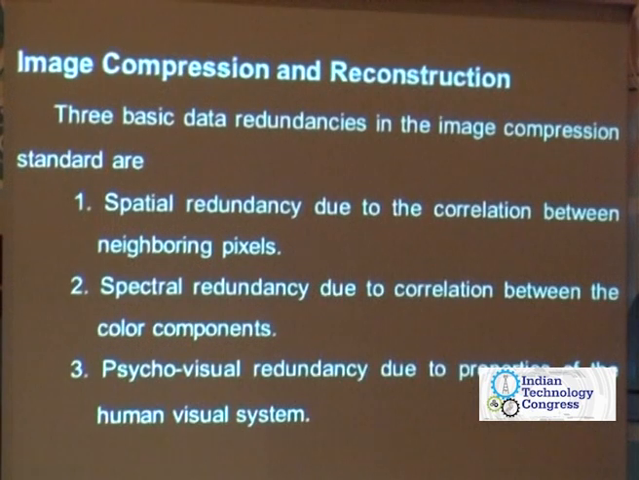So coming to image compression and reconstruction, we have three types of redundancy: spatial, spectral and psychovisual. Spatial is where we reduce the neighboring pixel values. Spectral is where we reduce the colors. The human eye cannot notice the same shades, whether lighter or darker, and that is removed by spectral redundancy. Coming to psychovisual redundancy, you remove some properties which cannot be noticed by the receiver or the